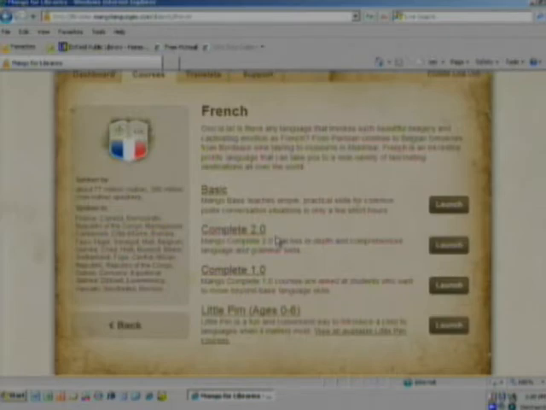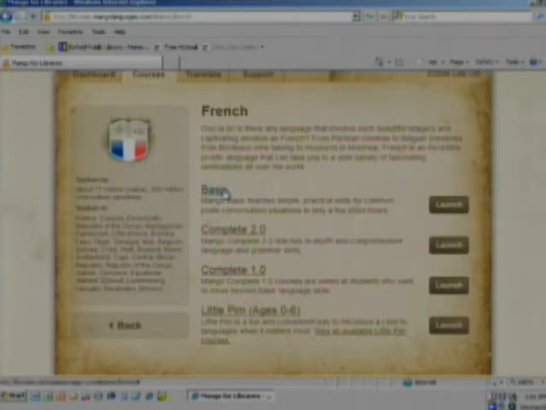One of the things that I think Mango excels at is including a lot of the culture within the language lessons. So quite often there are some cultural components that are available to teach you as well in terms of learning the language and how the cultural aspects impact the language. So those are going to be available for you as well.